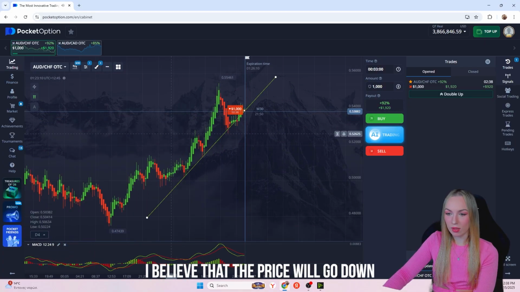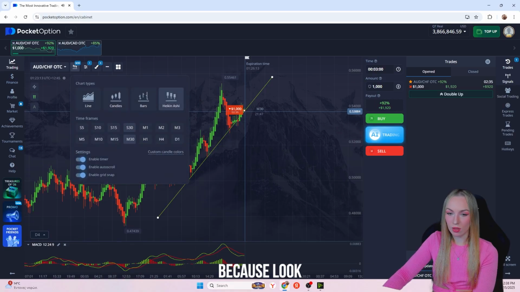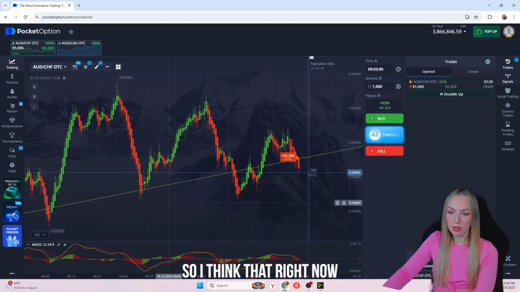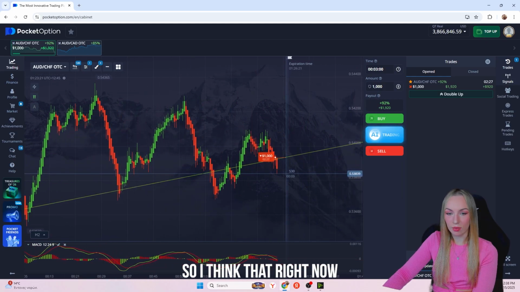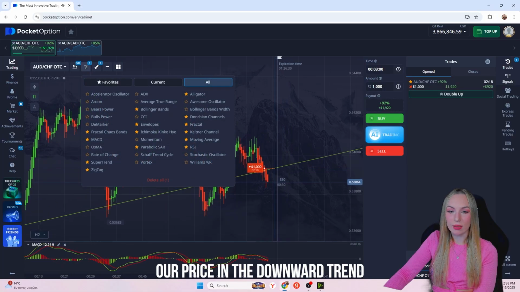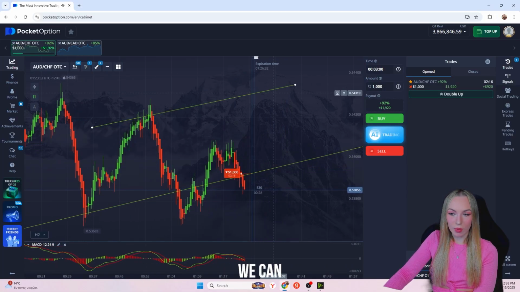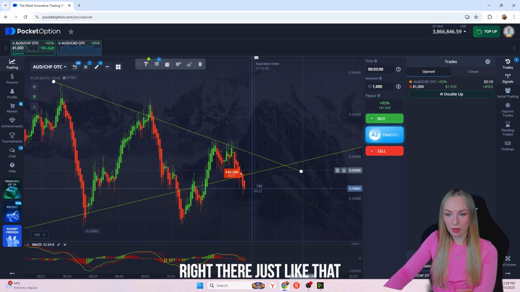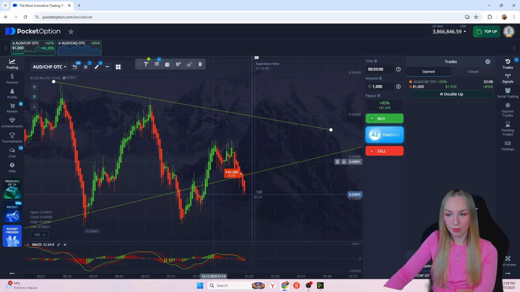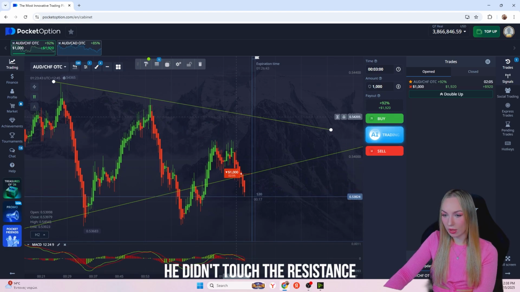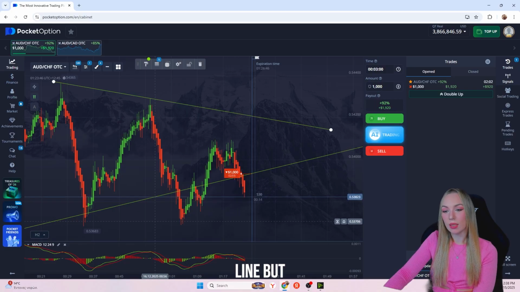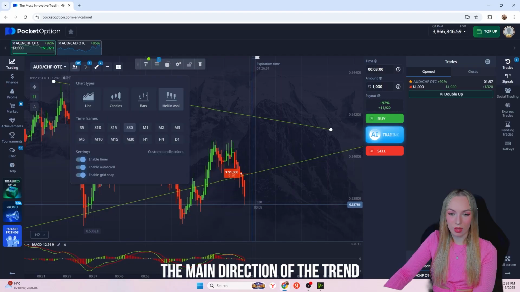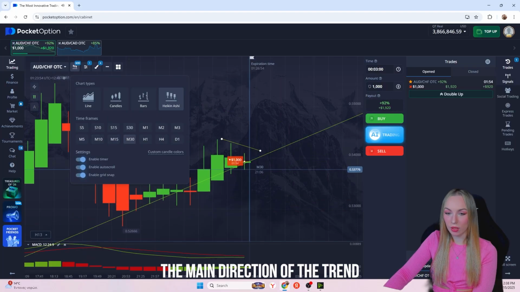I believe that the price will go down because look how many times it broke the support line. So I think that right now our price is in the downward trend. We can even draw here the resistance line right there, just like that. It didn't touch the resistance line, but I think that our price changes the main direction of the trend, and